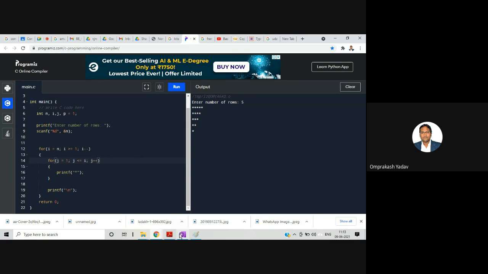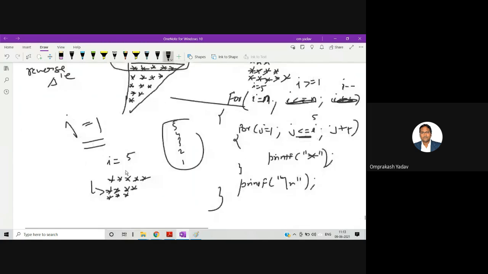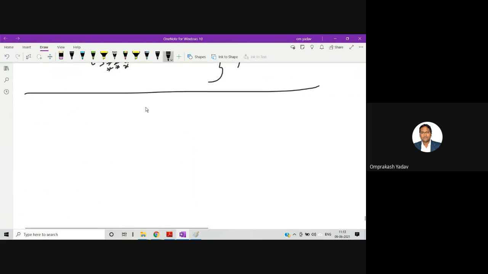For example, let's say suppose I want to get this one: one, two, three, four, five. This pattern. So here we'll be printing the j value.